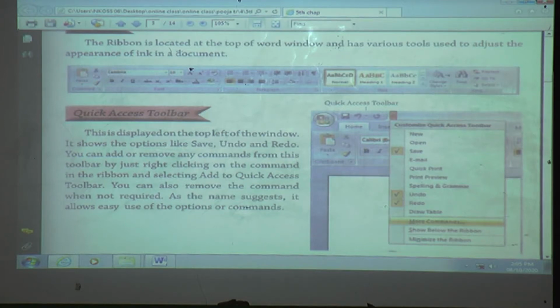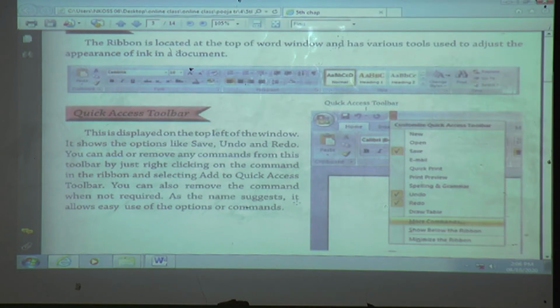Means we can add this small icon, small symbol, by using quick access toolbar and we can remove also, and adding is also so easy. How to add? Only click. By using a single click we can add it as a shortcut in the upper side. You can also remove the commands when not required.